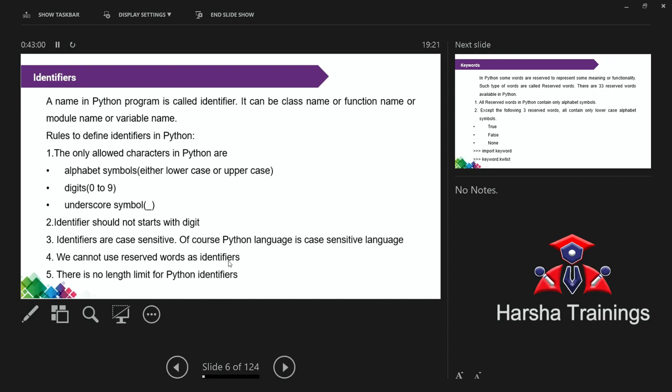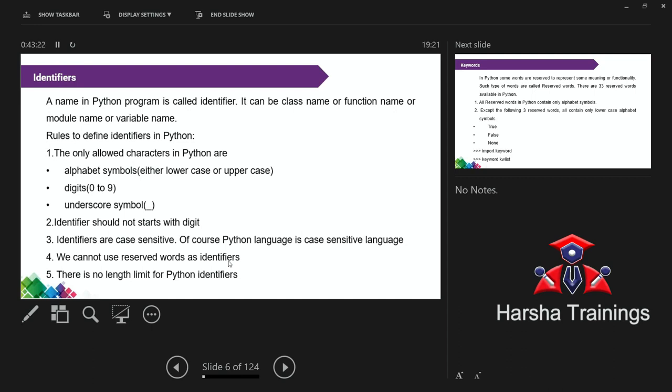Now we cannot use reserved words as identifiers. What do you mean by reserved words? Yes, keywords. Exactly. At the time of language development, some words are reserved for some fixed meaning. One simple example, the word if followed by a condition.